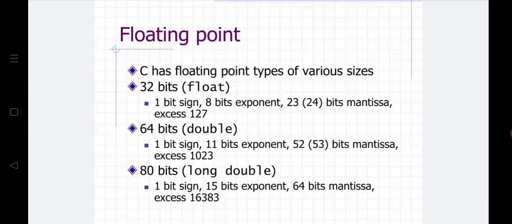So what we are changing here: the exponent will be 8 bits, 11 bits for your double precision, and 15 bits for your long double precision, and all the remaining bits you need to go with a mantissa. So the fractional part as it is, and then you are going to add zeros towards this one. Okay, so this is nothing but your floating point representation.